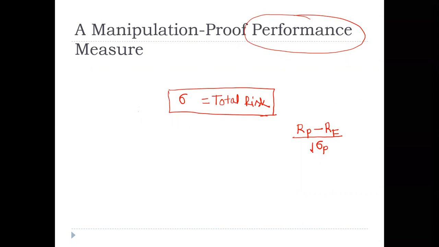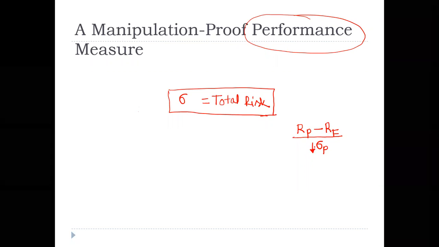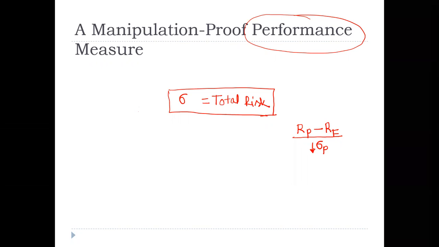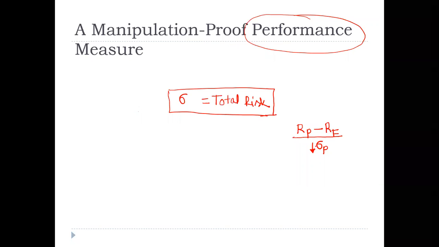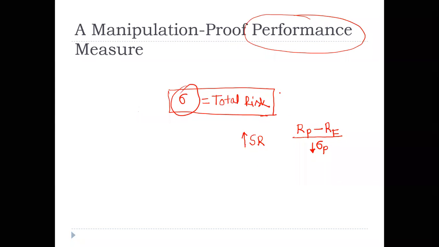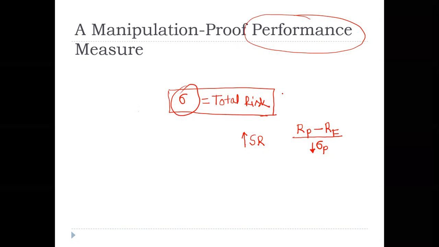So if sigma goes down, why is it going down? Because it is not appropriate, it is understated. Because of the nature of the negatively skewed distribution in the return, the risk has been understated. If we continue to use sigma, what will happen? The Sharpe ratio will be inflated. The ratio will go up.